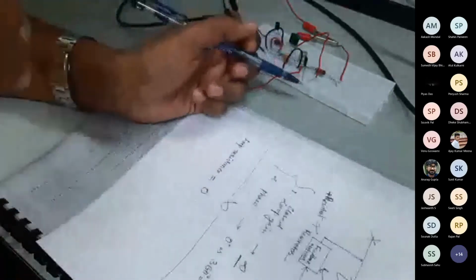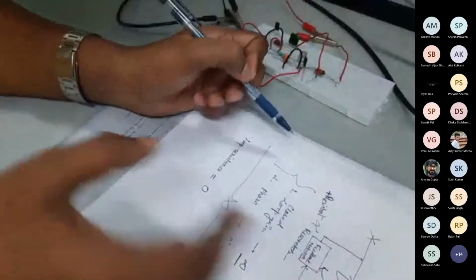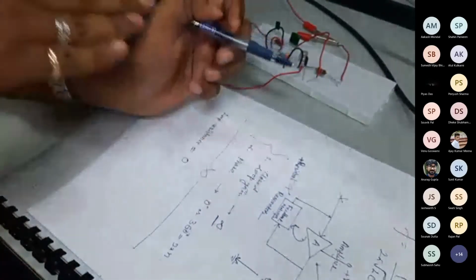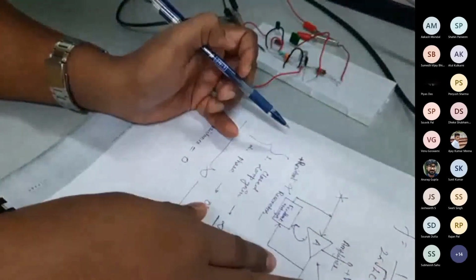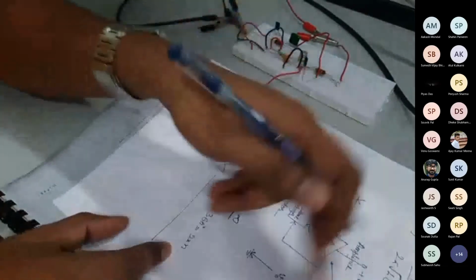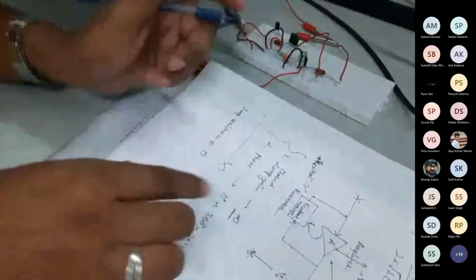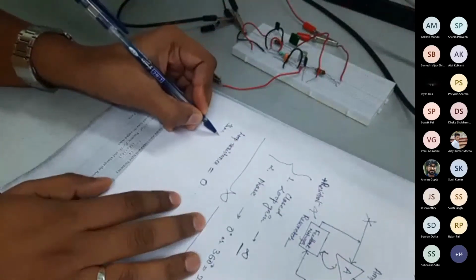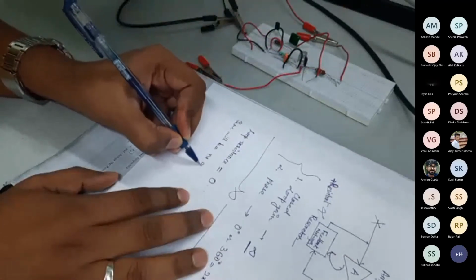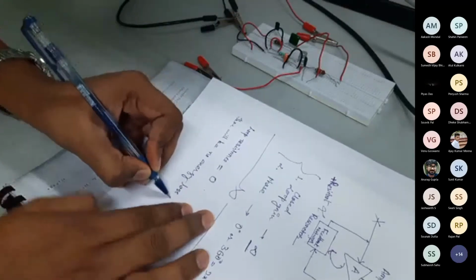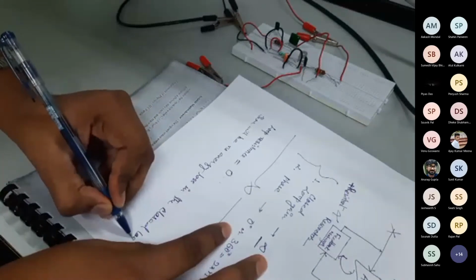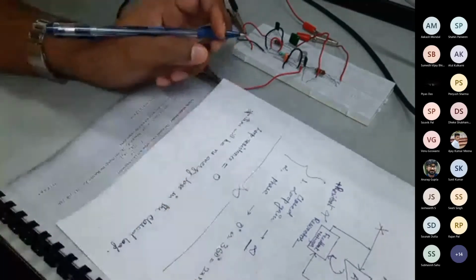I'm telling this in terms of resistance. Loop gain in terms of resistance or impedance: the feedback network will provide the positive impedance, and the active network, here the amplifier, will provide the negative impedance, and their magnitudes become equal. That means there will be no loss in the loop. There will be no energy loss in the closed loop. This criterion should be met.